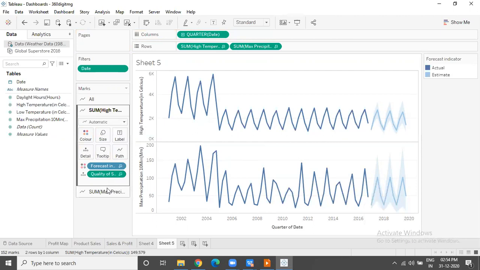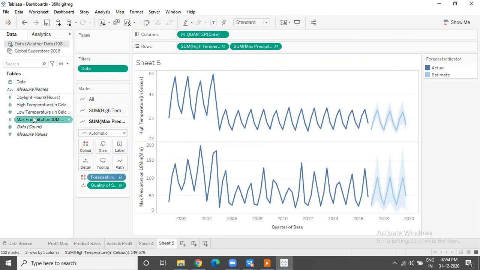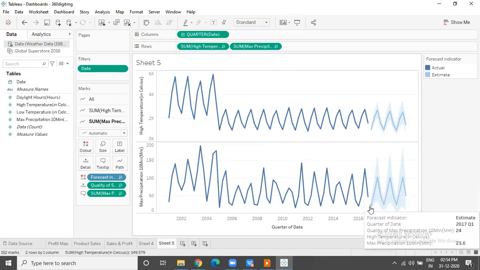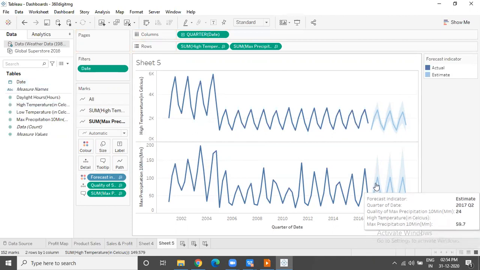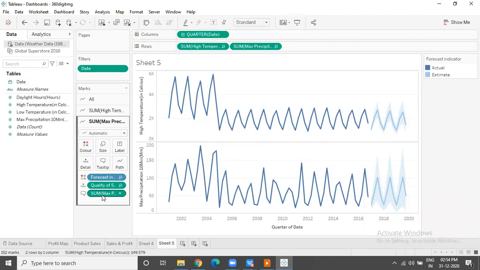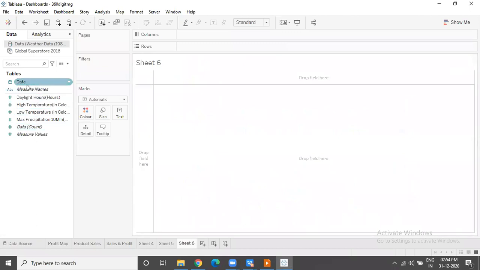Let's check for precipitation. We can compare it with the actual value, and you can then see whether or not it is correct. So what I will do here is create one more report.